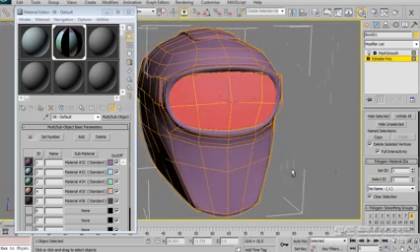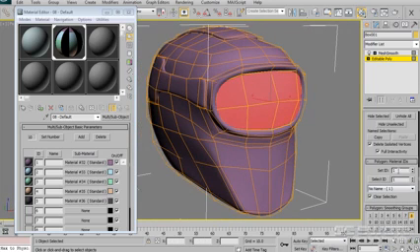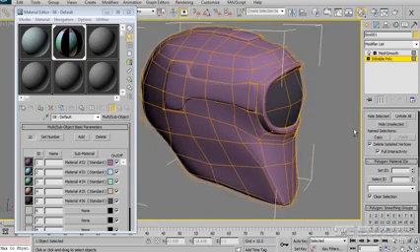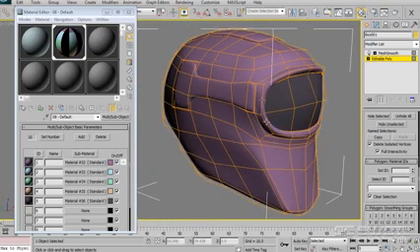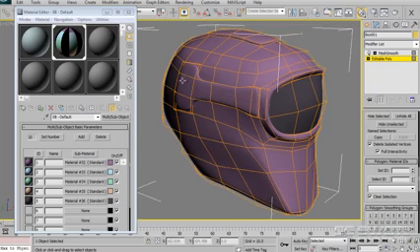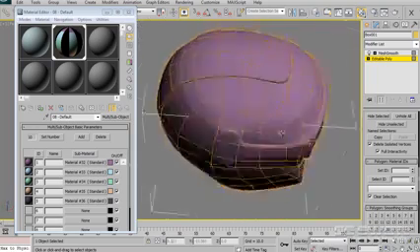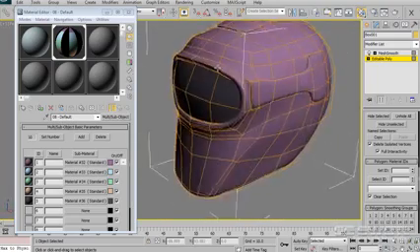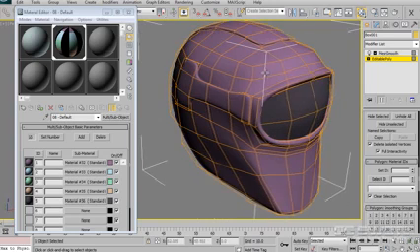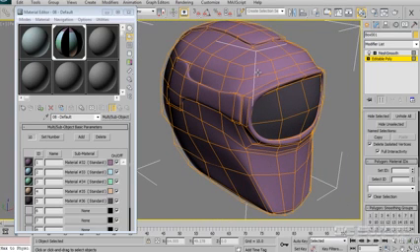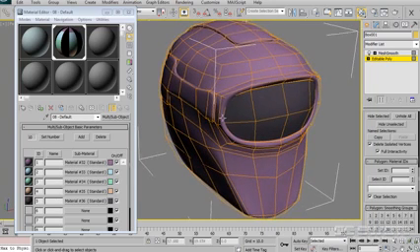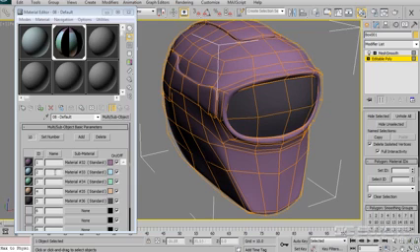So there's my eyepiece, and I'm going to assign it to material ID 5. And you'll see now that it actually has material ID 5 assigned to it. Now, for the exterior of the eyepiece and for these side designs, and maybe even this design that goes over the top of the helmet or headpiece for our little robot, I'm going to make it all the same material, and in the future I'm going to make it like a brushed metal type material. So I'm going to make that material ID 2, and I'm going to give it a